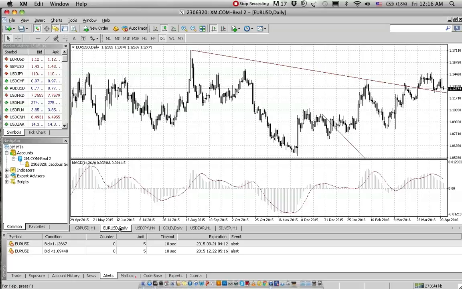Looking at the Euro USD, I've also opened the day chart to try and make sense of what's been happening on the Euro US dollar the last couple of weeks. Certainly the last couple of days. And now a different picture is emerging. Now we can see that this long-term trend line over here was broken, tested, the market pulled back, and it seems to be testing this trend line again.